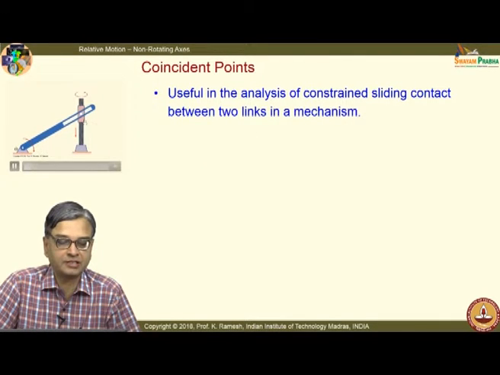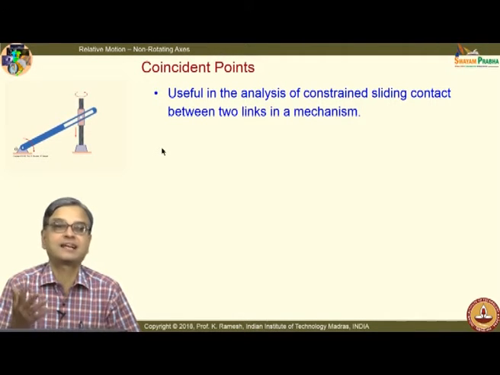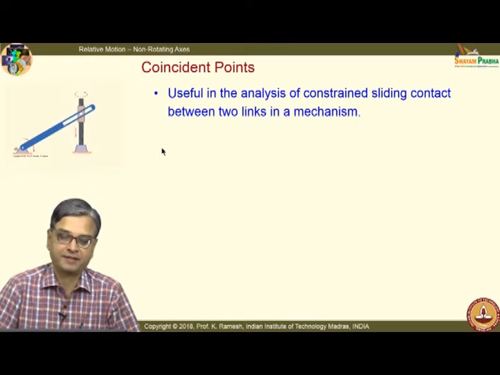So, I am going to imagine that I have a point here, and this is a constrained motion. You could visualize that when I have this point here, this point can move only in the slot. So, the relative movement is understandable.